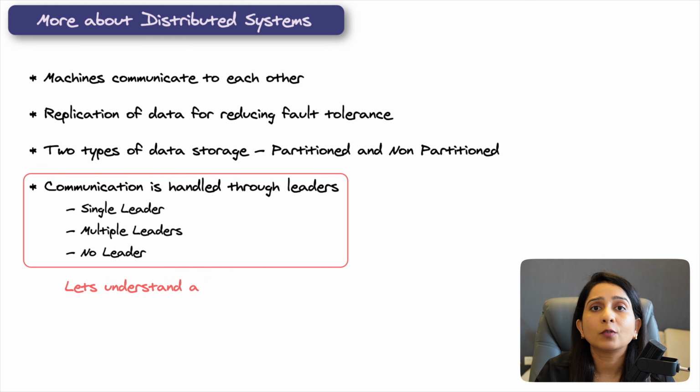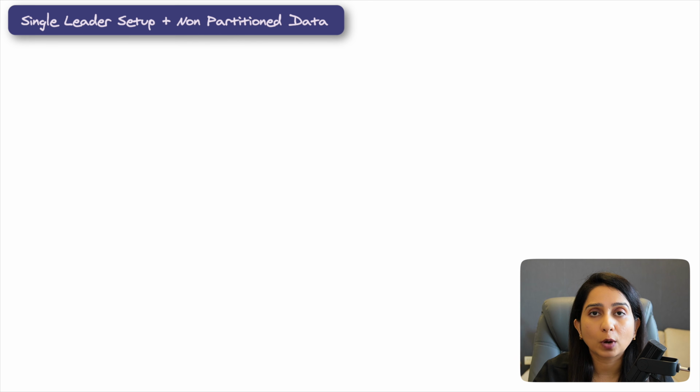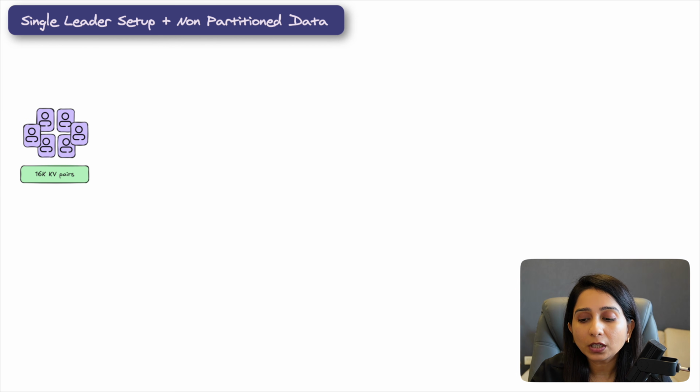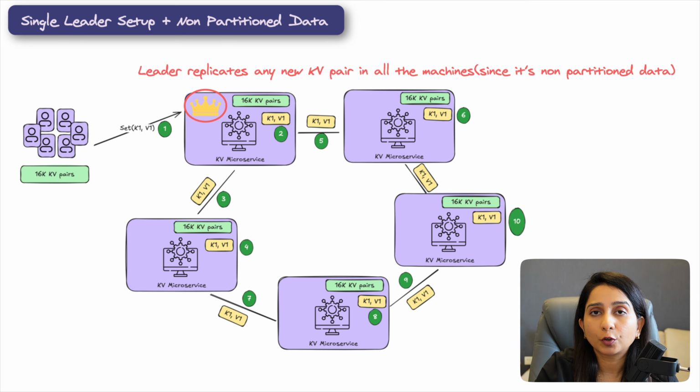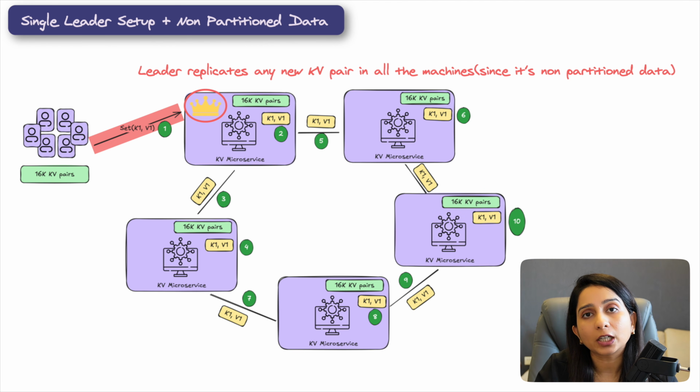Let's first try to understand what happens when there is a single leader in the system, and what is the role and responsibility of a leader. Let's just take for an example, our requirement was to handle just 16,000 key value pairs, but we are using 5 machines in order to serve those 16,000 key value pairs. That means that we have 5 copies of this data, and there is one machine which is going to be a leader. The responsibility of the leader machine is whenever a new entry for a new key value pair comes, it is the responsibility of the leader to replicate that value across all different machines. So all the writes in this case, all the write requests or setting the key value pair requests, go to the leader, and then the leader takes care of sending all this data to all the replicas.